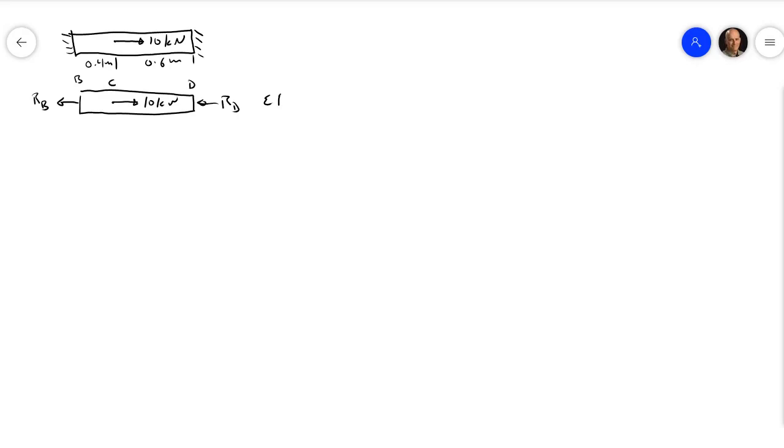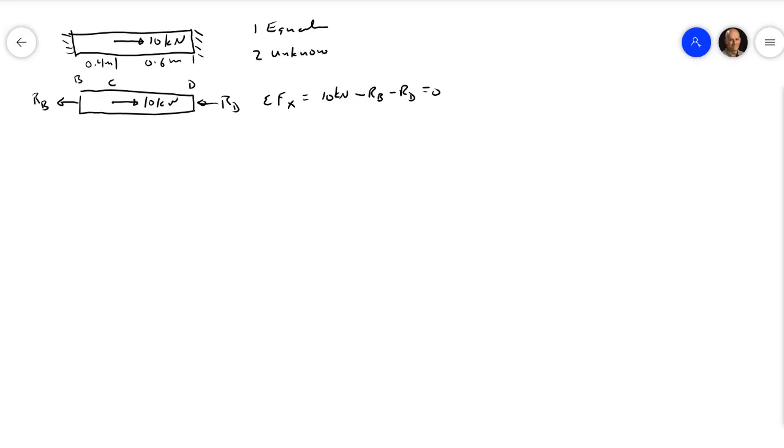And if we sum the forces in the x direction, we have 10 kilonewtons minus RB minus RD equals 0. And that's all statics can tell us. And so since we only have one equation and two unknowns,